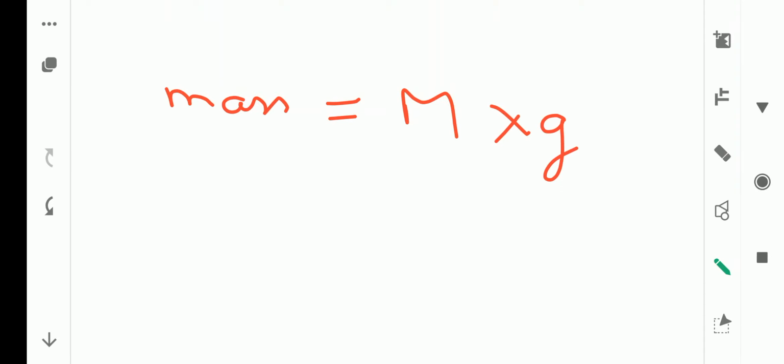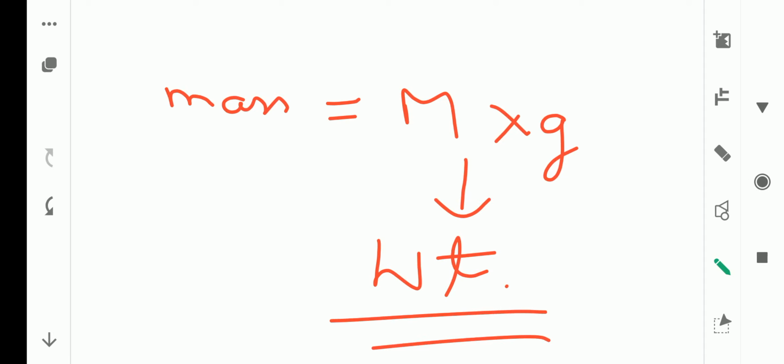First and foremost, we all know what mass is, and it is denoted by m, right? If we want to define weight, then simply we have to multiply mass with g, right? So instead of mass we will get weight, right? Okay, so let us see different types of densities that we use in soil mechanics.